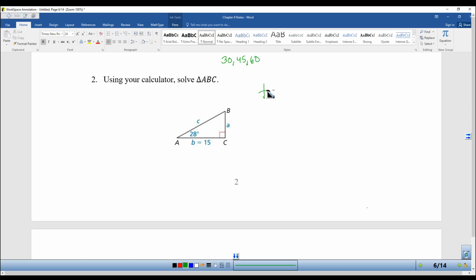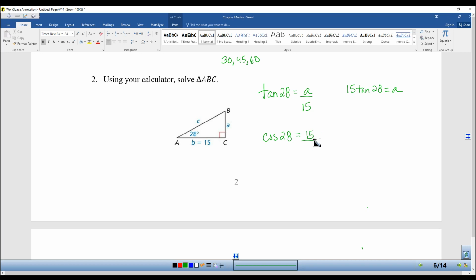So for one of them, I'm going to use tangent. Tangent of 28 will be opposite over adjacent. And when I clear my fraction, I get 15 tangent of 28 is equal to A. And then to get the C, I can use cosine. Cosine of 28 is